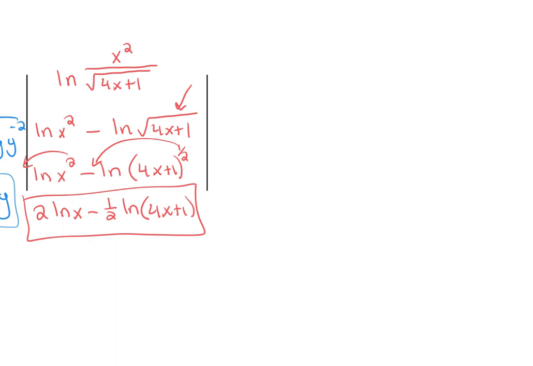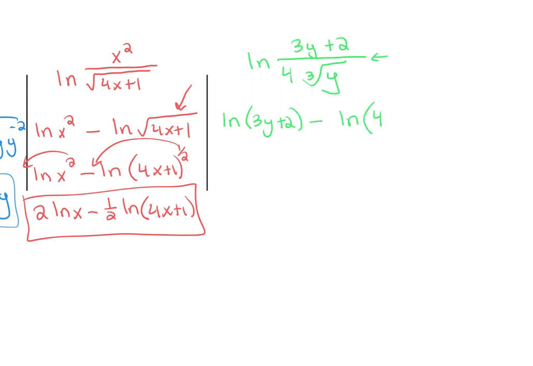Okay, last example where we are expanding. So natural log again, 3y plus 2 over 4 times the cube root of y. Okay, so first I'm going to just expand here. So I've got natural log of 3y plus 2 minus the natural log of 4 times the cube root of y. Okay, so now here we have a product. So natural log of 3y plus 2, and then minus